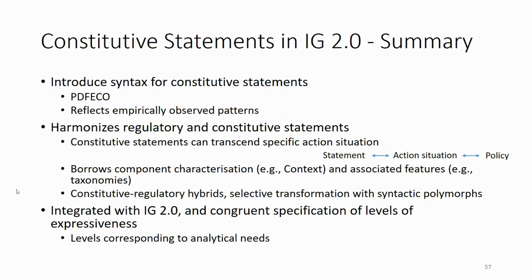And we recognize, of course, that constitutive statements vary from regulatory statements considerably, specifically with respect to scope, where, for example, regulatory statements are generally embedded within a given action situation. This may not be the case for constitutive statements, whose effect may survive beyond a particular action situation and perhaps throughout the policy more generally. That's an expected characterization if we find that constitutive statements are often found in preambles of policy documents more generally, or dedicated parts in the first place.